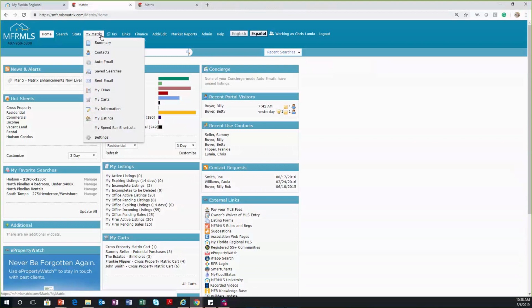When I send an auto email to my customer and they never click on that portal link to view the initial listings, and as a result they are not receiving any updates from me, I get an email after 3 days. After 3 days, your customer never clicked on this initial email to view the listings you sent, and they're not receiving any updates from you. So if I come back to My Matrix, Auto Emails,